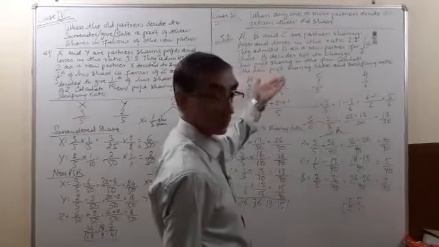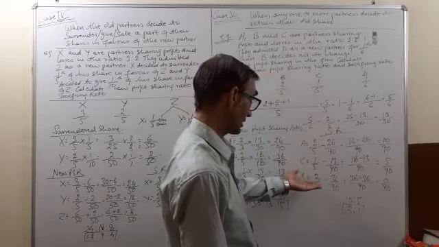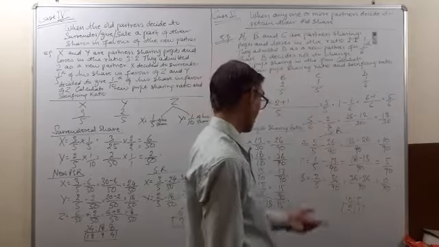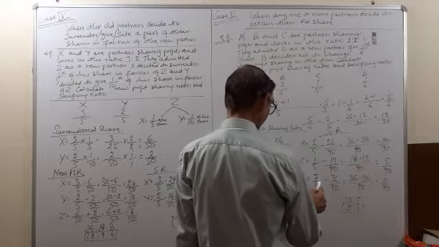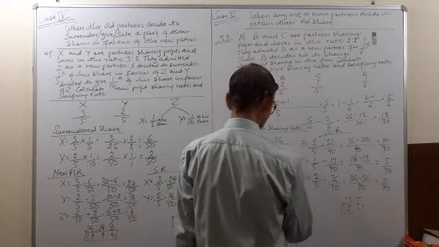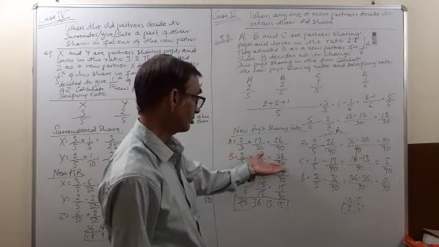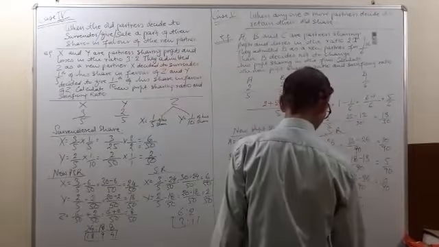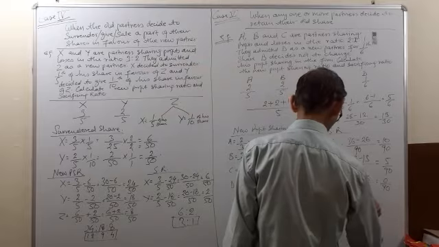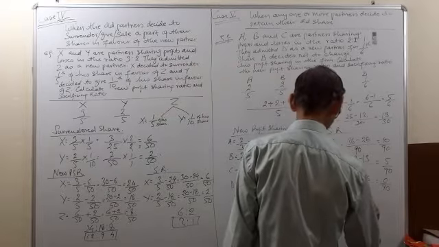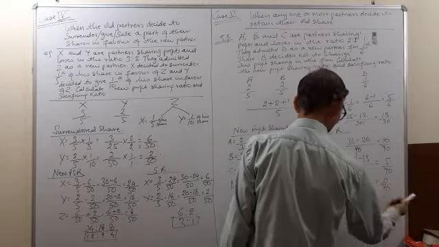B has retained his old share and he is neither sacrificing nor gaining, because he has retained his old share. You can also solve it and check, it will come to 0. 2 by 5 was his old share. His new share is 36 by 90. This has been made to make the denominator equal to 90. So 90 will be the LCM. 5 18s are 90, 18 2s are 36, minus 36 is equal to 0 by 90.